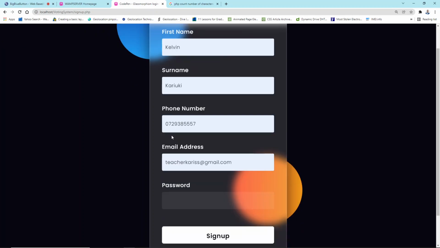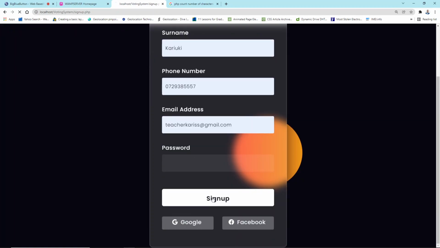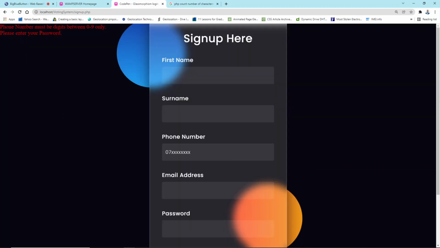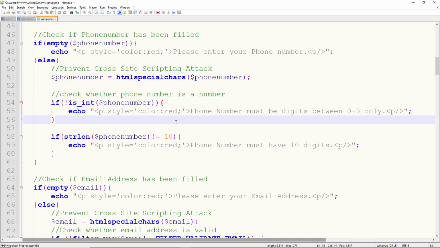So let's do the correct thing and see whether we still have errors. Sign up. There's a problem here on phone number because we entered the correct one. Please enter your password, or we didn't enter password. So let's check this validation. It seems to have a logical error. Must be digits between 0. Okay, so for phone number, we have